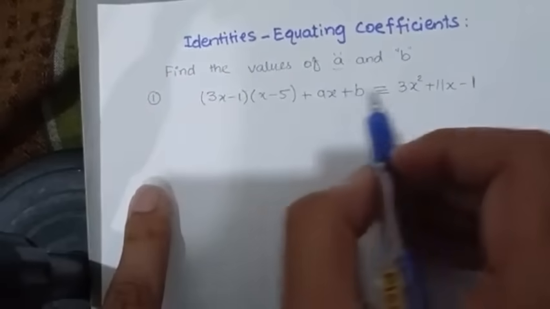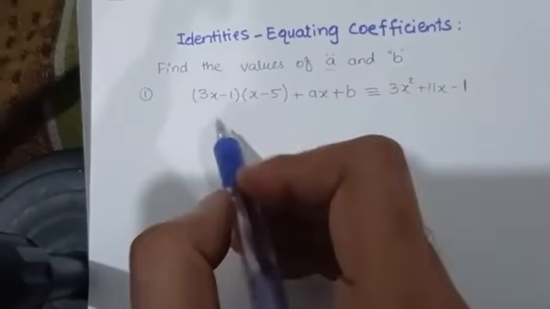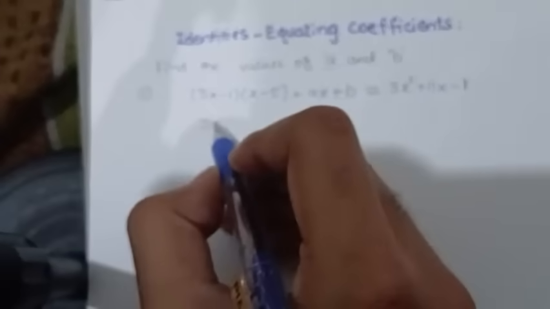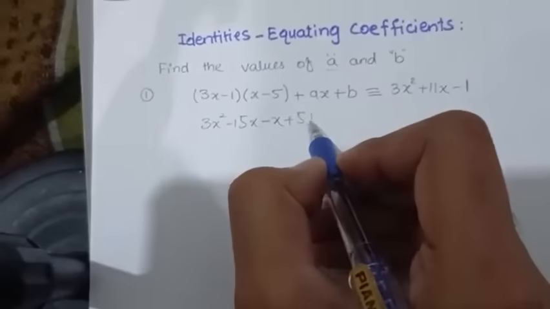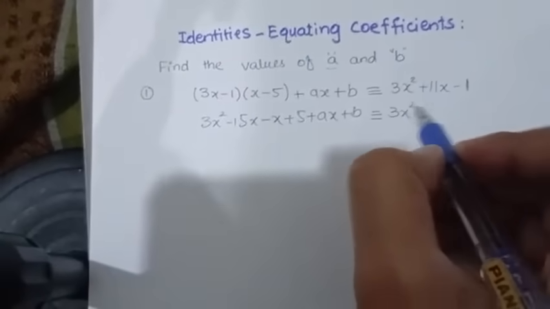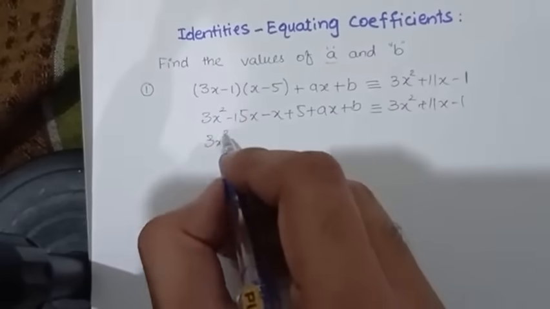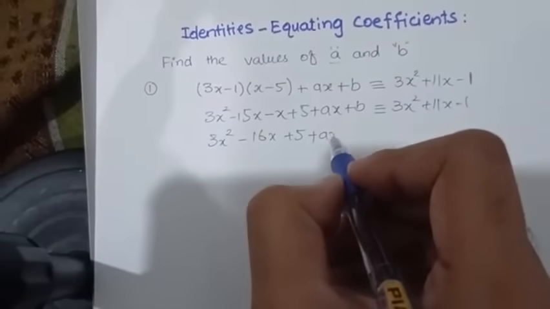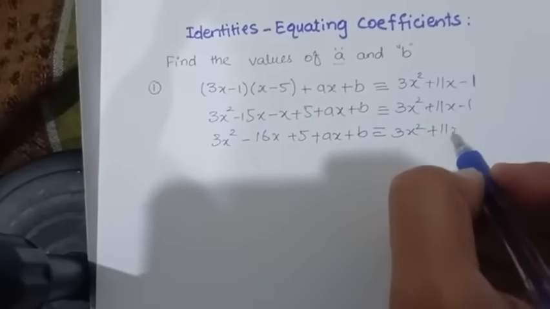problem. In order to solve for values of A and B, first we will open these equations by multiplying the brackets. This will become 3x square minus 15x minus x plus 5 plus ax plus b is equal to the right side. This will become 3x square minus 16x plus 5 plus ax plus b is equal to 3x square plus 11x